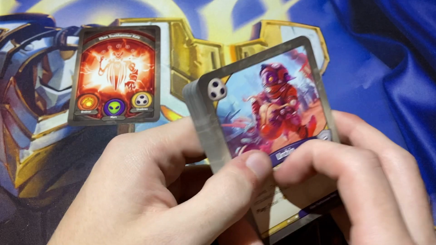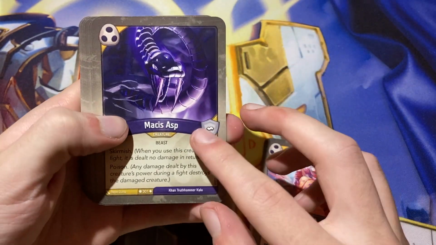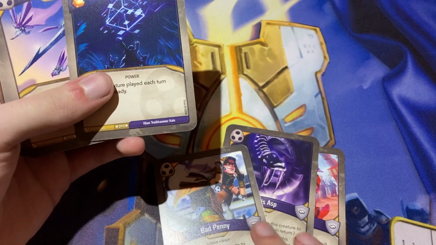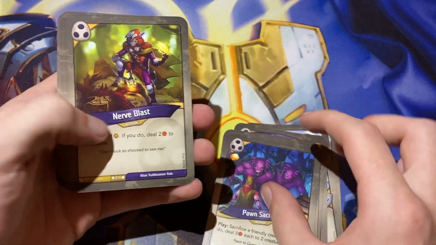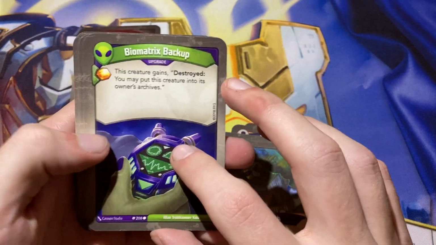Let's check it out. We have in House Shadows, Urchin, Massis Asp, Bad Penny, Speed Sigil. Holy cow. Are those the only 3 creatures we have in here? Speed Sigil, Seeker Needle, Relentless Whispers, Double Relentless Whispers, Pawn Sacrifice, Nerve Blast, Lights Out, Hidden Stash, Mars with Biomatrix